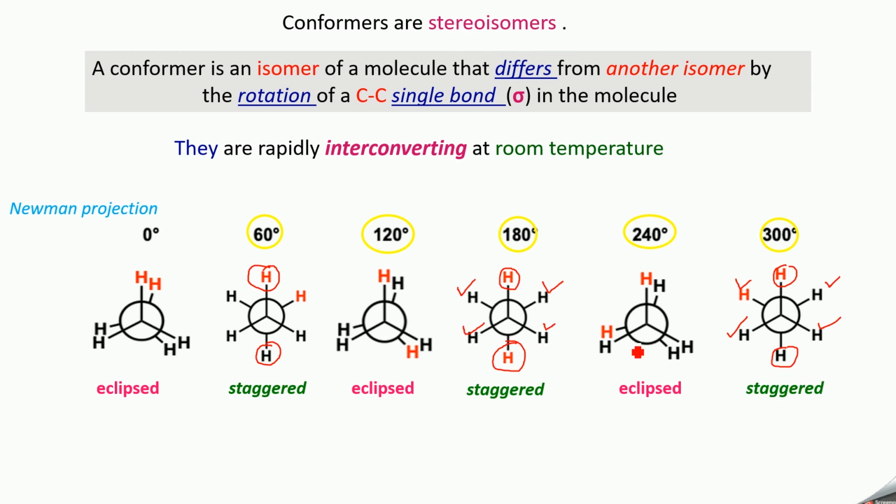Since all are hydrogen, in ethane molecule we can have only two forms. One is eclipsed form, another one is staggered form. The remaining forms you cannot have, because all are hydrogen when you rotate by 60 degrees. So this is about the conformation of ethane molecule. Next video we will do the conformation of butane.